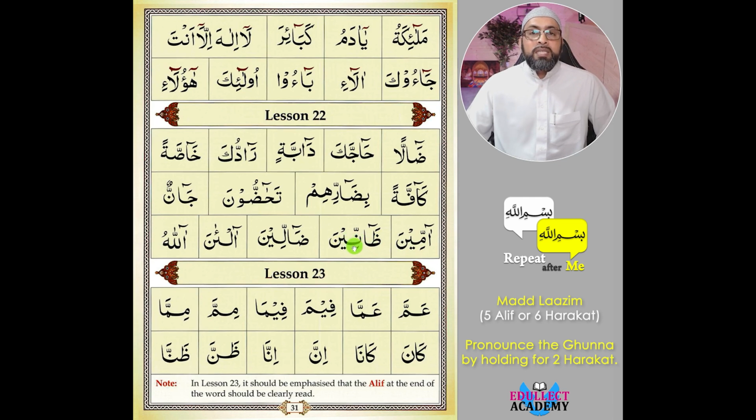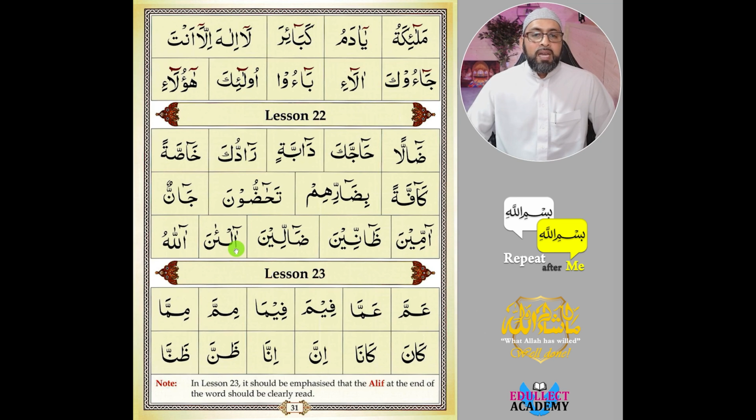Next, zannina. Again, same principle as this one. So again, zannina. MashaAllah. Here, dallina. Again, dallina. MashaAllah. Next, al-an. Again, al-an. MashaAllah. And then the final one,